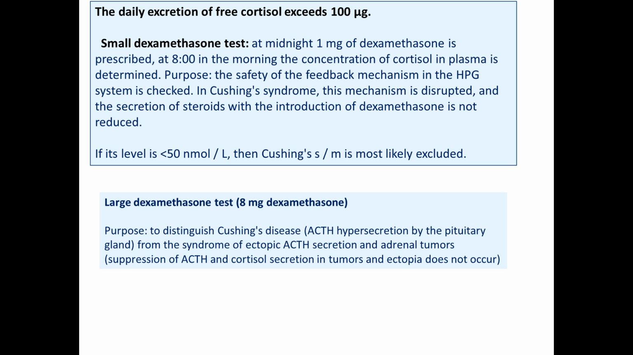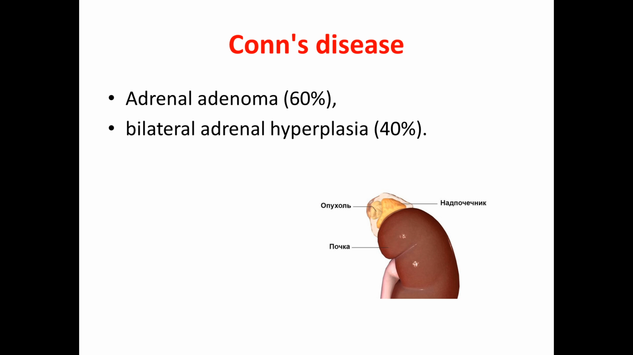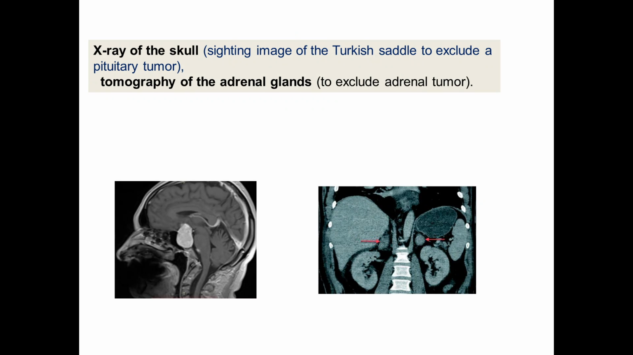The large dexamethasone test you provide to distinguish Cushing disease from the syndrome of ectopic ACTH secretion and adrenal tumors. Also, you could use an X-ray of the skull and tomography of the adrenal gland. Next, in Cushing disease, increased blood pressure is connected with increasing blood volume, and of course peripheral resistance